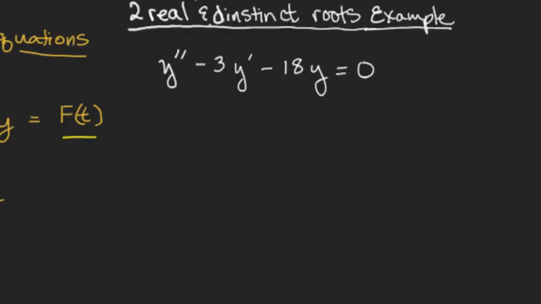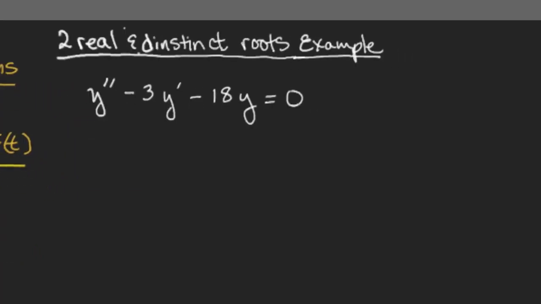So here's our example. First step, if you remember, is to set up the characteristic equation. So let's do that. So it's going to be r squared minus 3r minus 18 equals 0. Next step is to solve this. I'm going to factor this by grouping, just in case you forgot how to factor. Most of you can do this one pretty easily and see it's going to be r minus 6, r plus 3. But just in case I give you one that's a little more difficult to factor, I'll refresh your memory